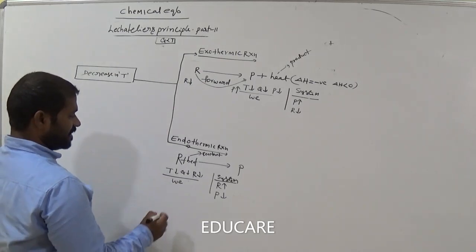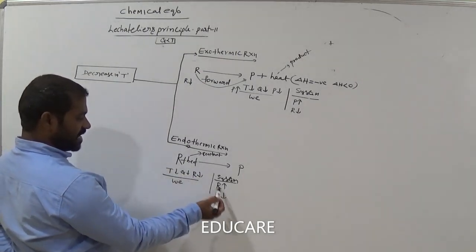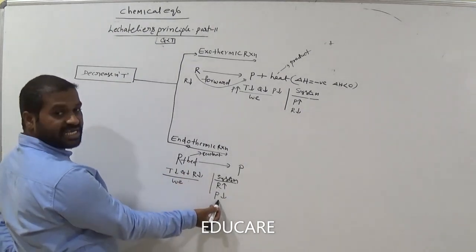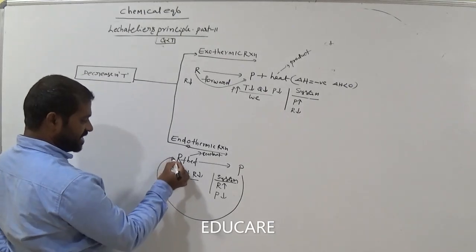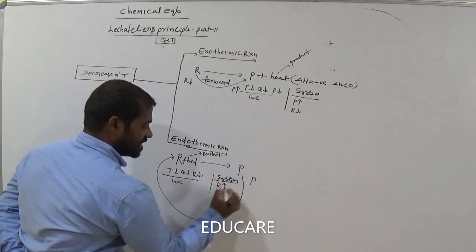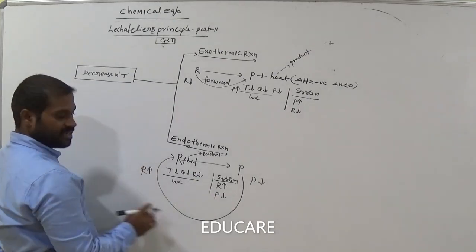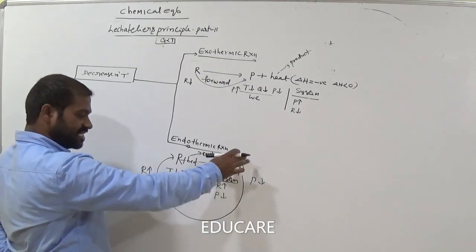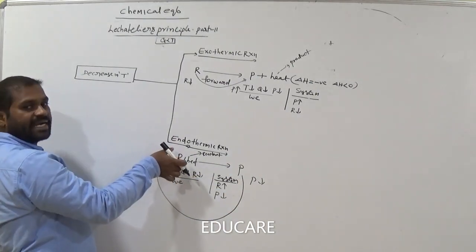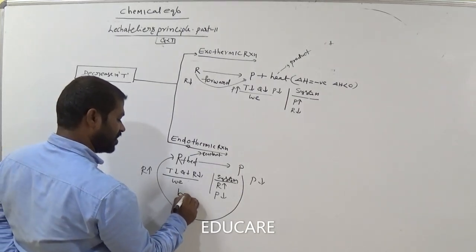So now remember this. The system tries to increase the reactants, which means the product concentration decreases. By decreasing the product concentration, the reactants concentration is high. Am I right? So when the reactants concentration is high, if we decrease the product concentration, that concentration shifts to reactants. That means the reactant concentration is high. That means the reaction is clearly backward.